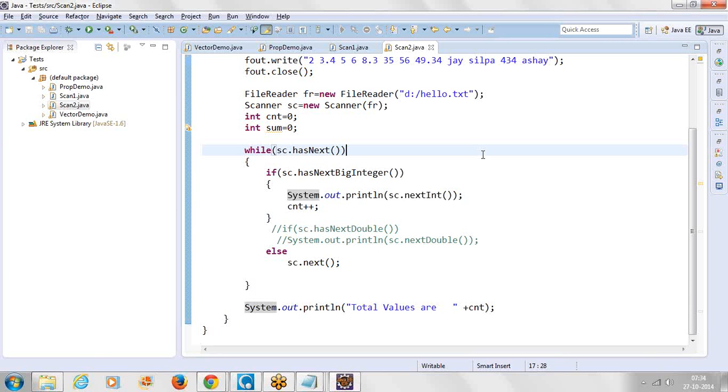Okay, and next we have with respect to this. So that is the way we are going to make it out. And next we are going to have with respect to this Scanner, we have